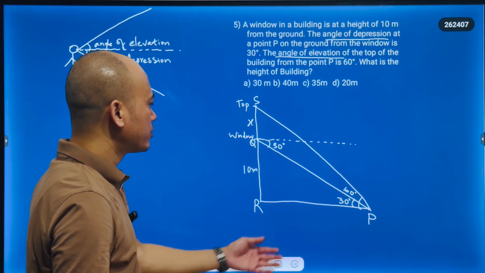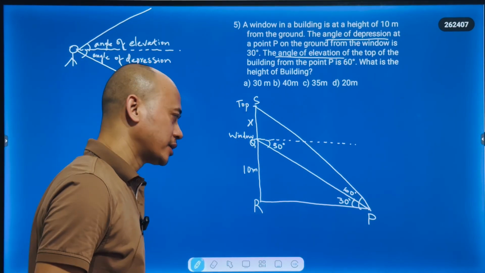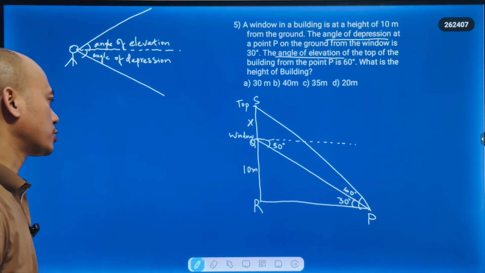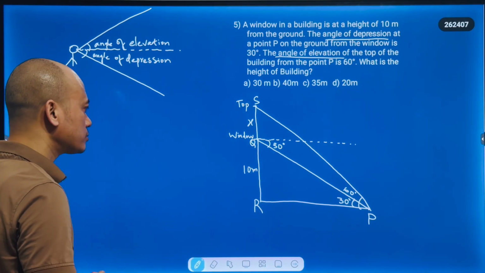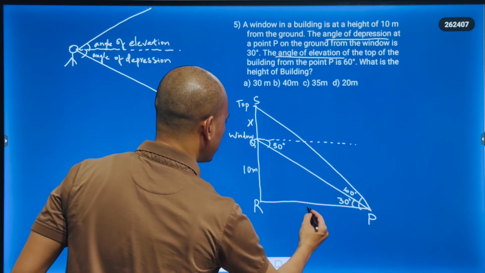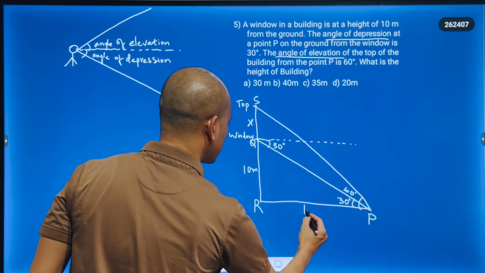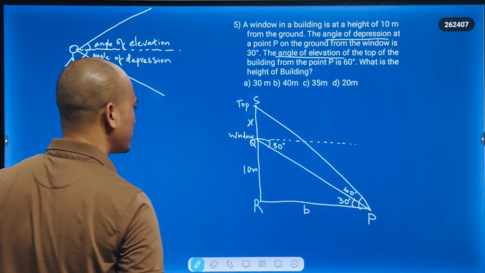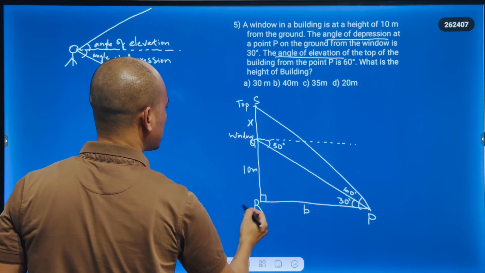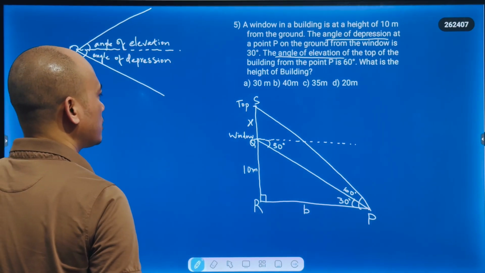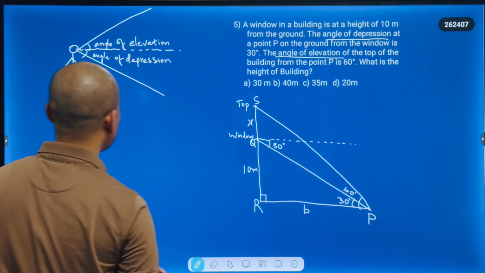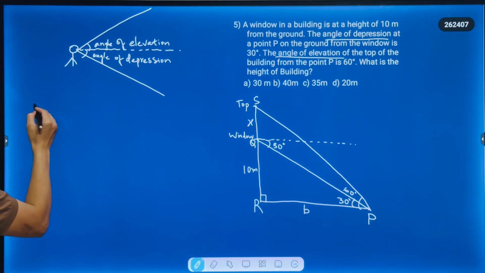Now, degrees are given, 30 degrees and 60 degrees, so we will try to solve the answer using some trigonometry values. RP, let us take as the base, call it b. This is the perpendicular, the altitude. So there are two triangles, triangle PQR and PSR. So let's see in triangle